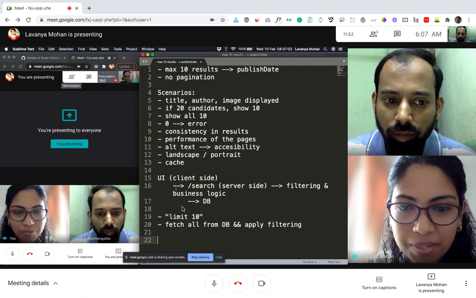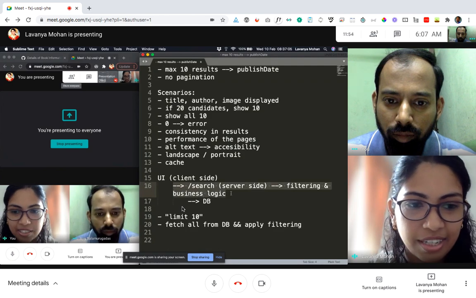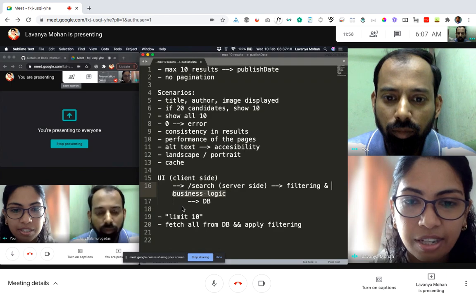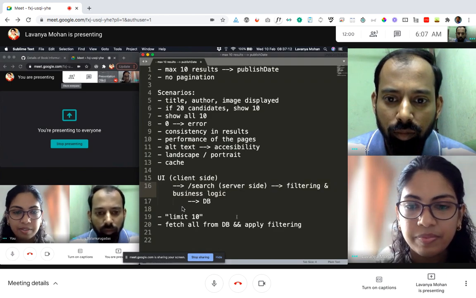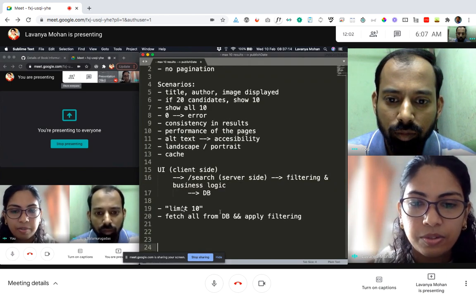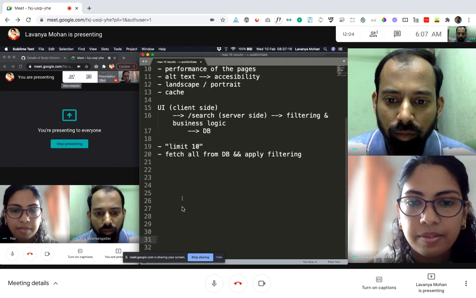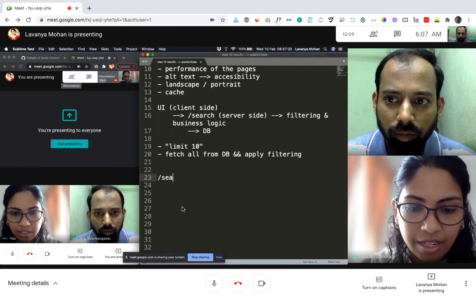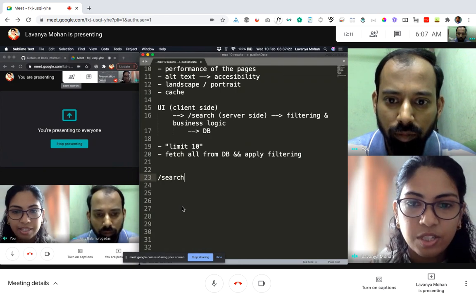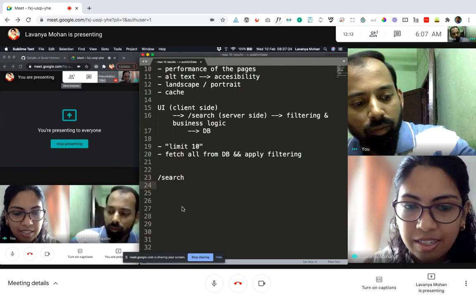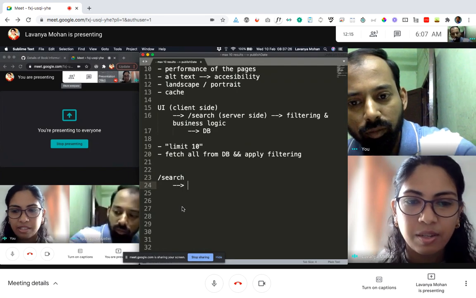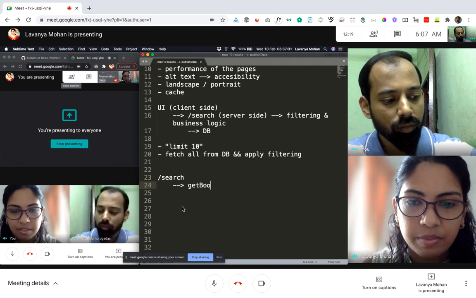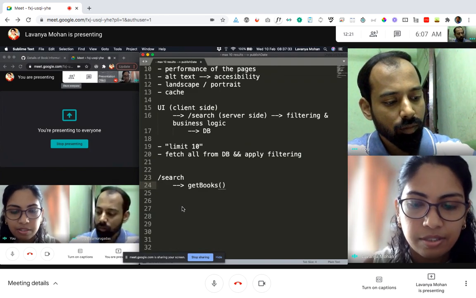Now, let's maybe look at this server side in a little more detail, just to understand what's exactly happening. How is it actually doing a filter? All right. So I'll just type it below here. Yeah. So when we call a search endpoint, that is when we are actually making an API call, let's say internally it calls some method called getBooks or filterBooks. Okay? Let me just say getBooks for now, based on that search string.